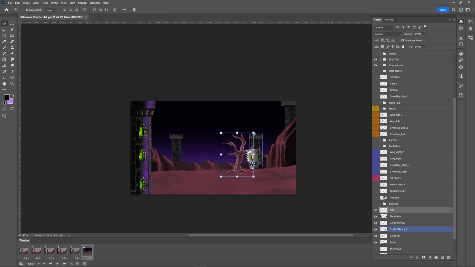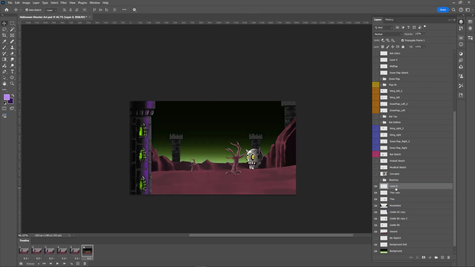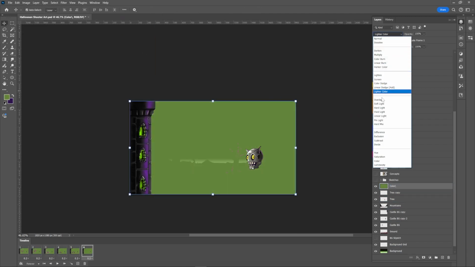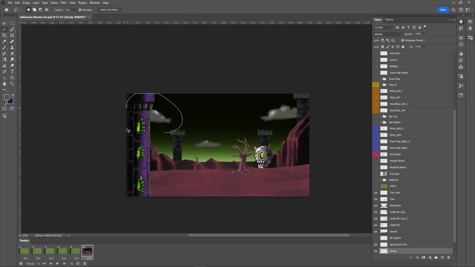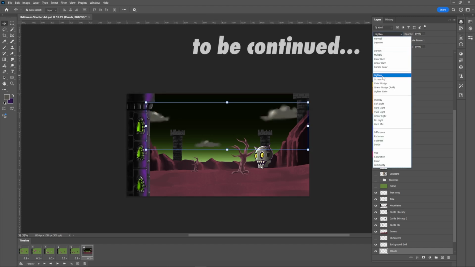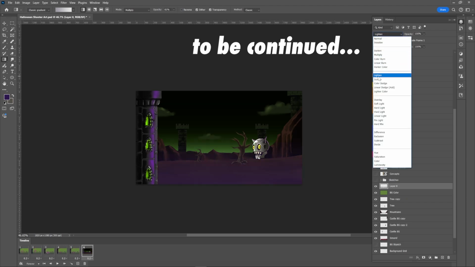And now that I got the castle, I just copied the castle and the tree around just to make the scene feel more full. I'm going with that green color scheme, and you see now that I darkened the background, I think it looks a lot better. It really pulled the piece together. Originally, I was going with the purple background, but I changed my mind and changed it to green because it felt more spooky. It gives me that ectoplasmic feeling,